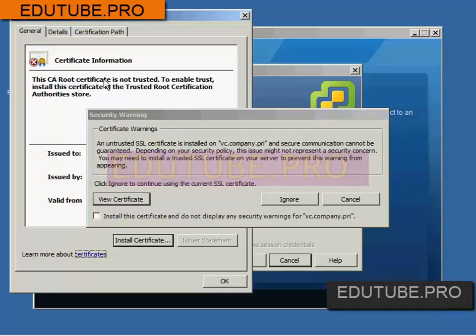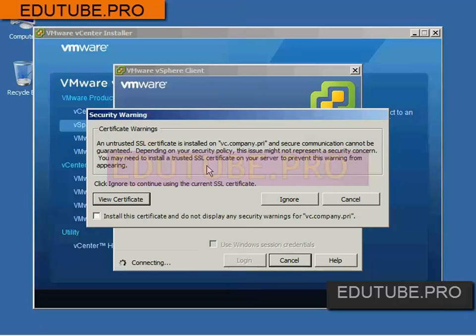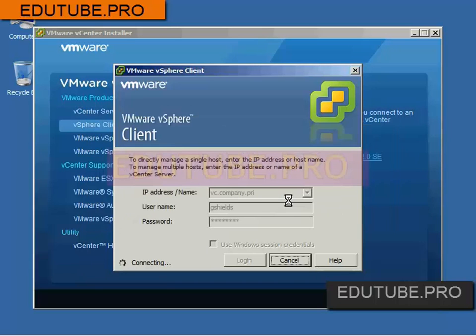You can click the View Certificate button here to see more information about this certificate, but what you need to know effectively is that right now you don't actually have a trusted authenticated connection from client to server. You can, however, ignore this error message and just go right on through from client to server, or install the certificate so that you don't get any display warnings for vc.company.pri. At this point, I'm going to ignore the error message and just allow this to complete making that connection